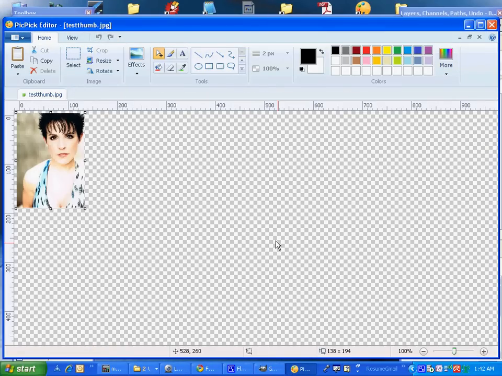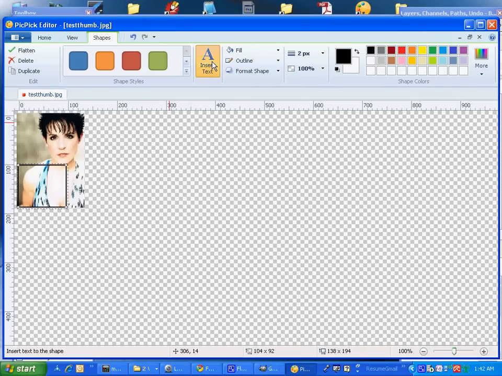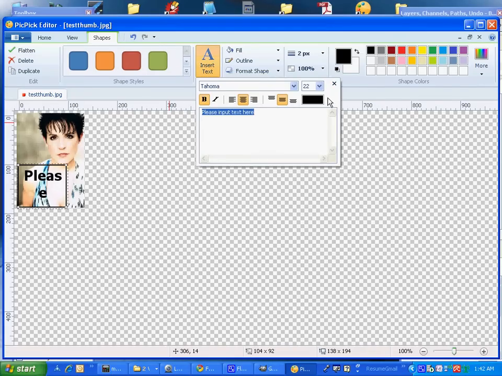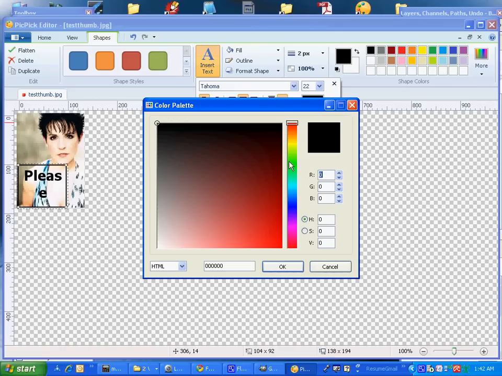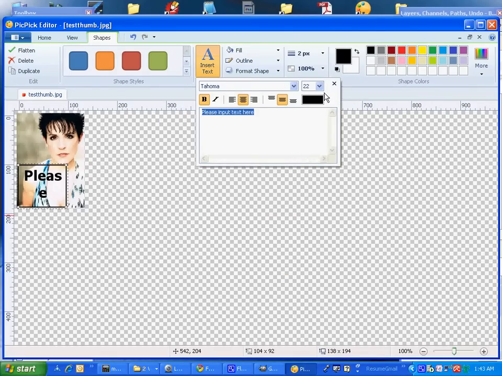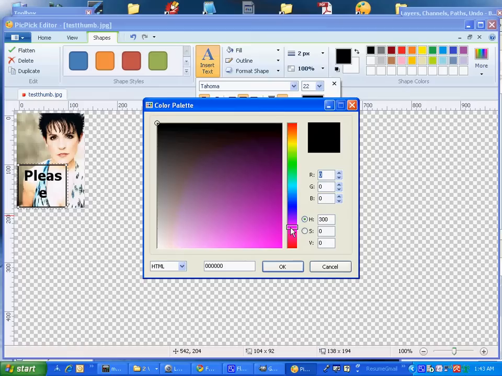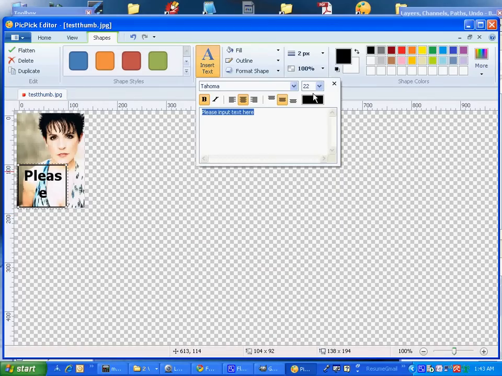And what I'm going to do here is click on this rectangular tool, and since this is a thumbnail, I'm going to put a little bit of text. I'm going to insert text, and since I've been using pink for the actresses, since pink is for girls, we're going to say, let's see, didn't quite work. So now I'm going to say OK, and it's still not working. So let's just type Janelle,